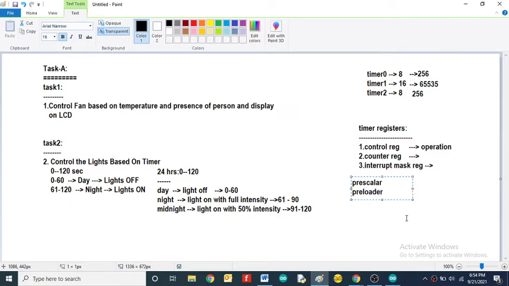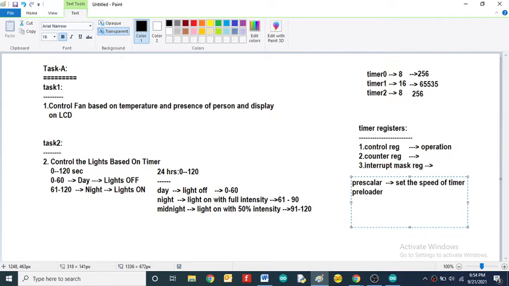So these are the two important parameters that will describe the timer. Here the prescaler is nothing but a simple register that will set the speed of the timer, on what speed the timer has to count the clock pulses. So that is the meaning here, to set the speed of the timer.